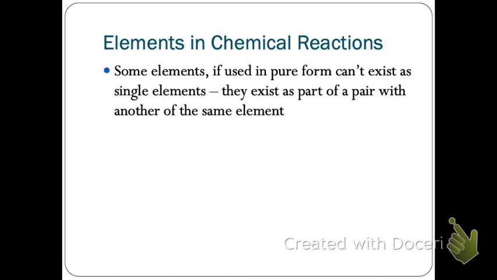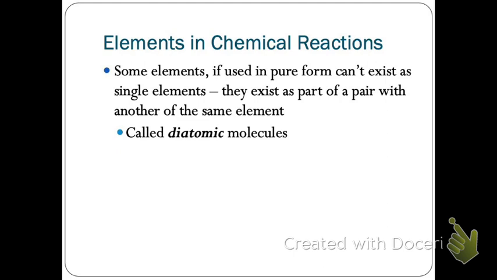When we're writing out chemical equations, some elements in their pure form or in their most basic form cannot exist as single elements. They have to exist as a pair, like with another of their same kind, okay? These are called diatomic molecules. There are 7 of them, 7 diatomic molecules. So I'm going to make a list here of those diatomic molecules, and I want you to